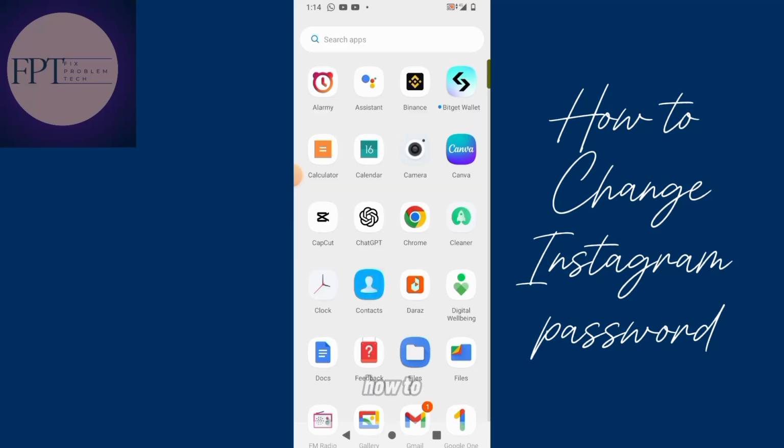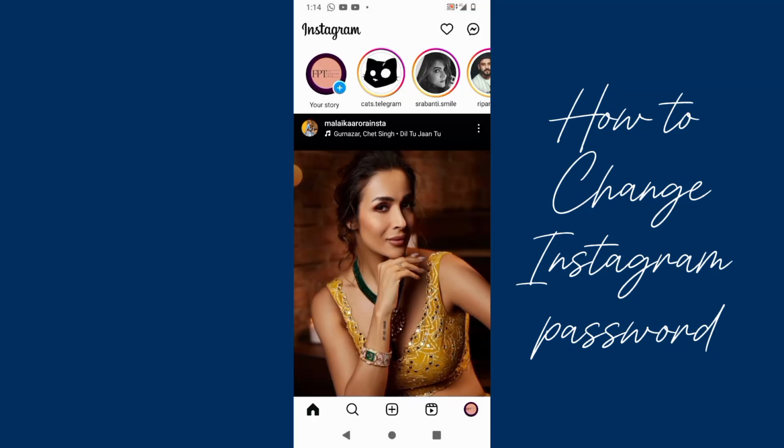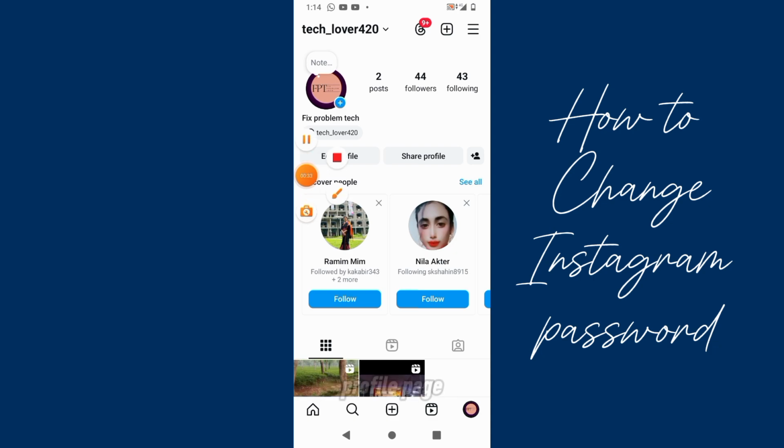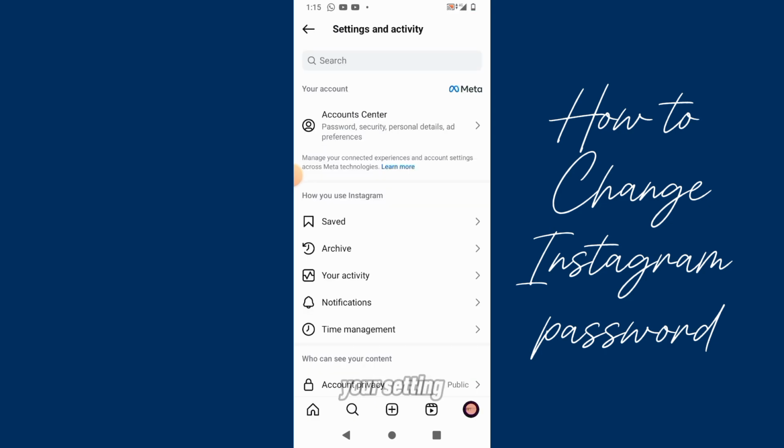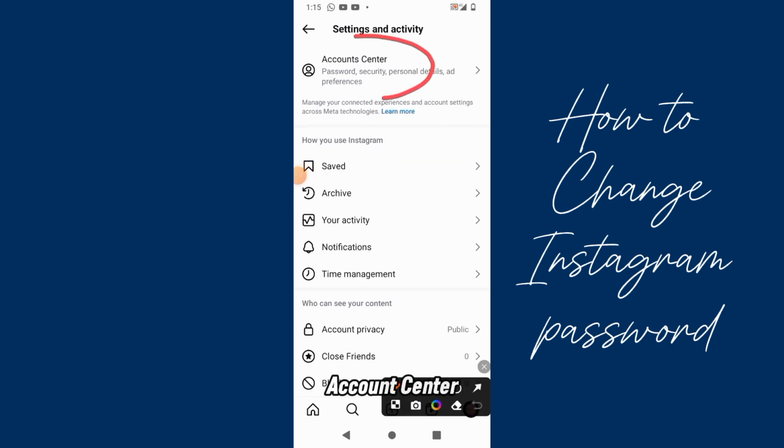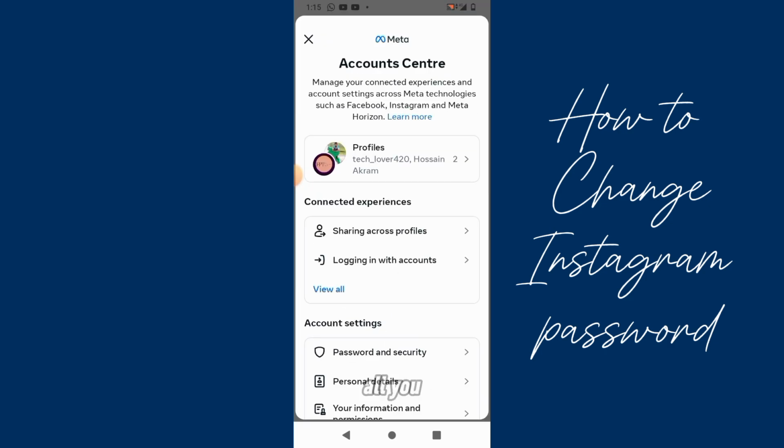Now I am showing how to change your Instagram password. First of all, come to your Instagram profile page. Like I am here, click on the three lines in the top right. Like so, to get your settings, click on Account Center at the top, and then all you need to do